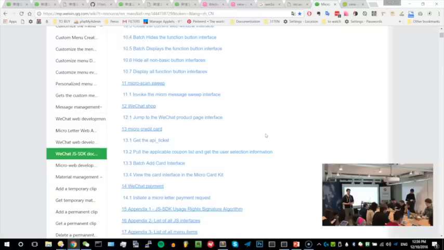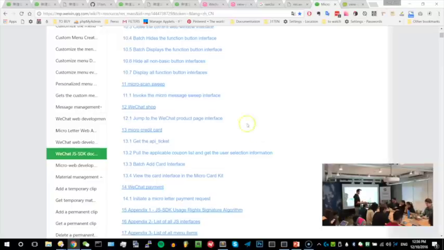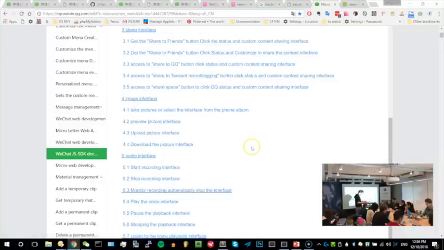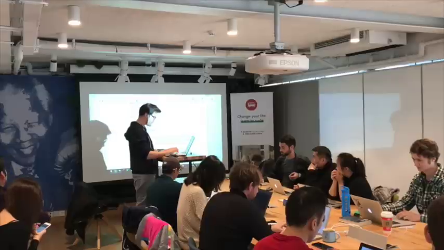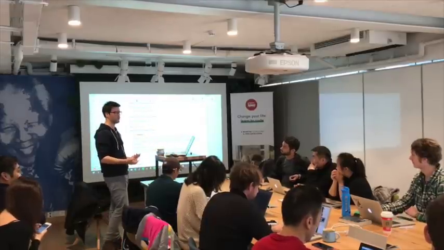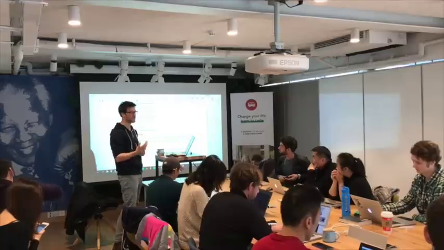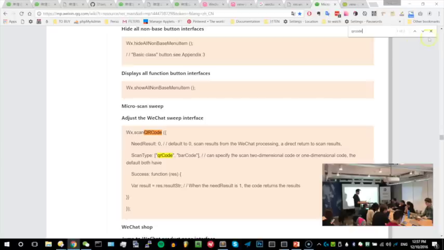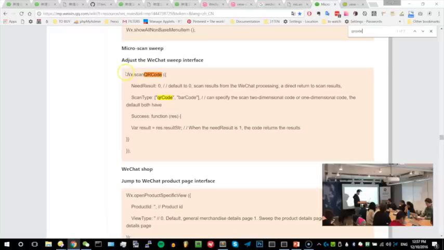So I'm just going to show you, as it's going to be the end of the JS-SDK, and you will see the official account. It's going to take a lot of the things we just learned. I'm going to show you how to create a QR code scanner very easily. I'm just going to show you how I use the documentation myself as a foreigner to find the information I want. I think that's very important for you to see how it's working. I'm looking inside the page I just translated using Google Translate for QR codes, and I see here that I have the documentation on the QR code scanner.